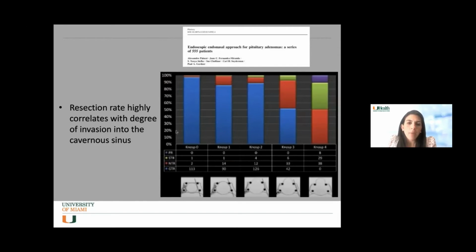Now, particularly Dr. Juan Fernandez, who's at Stanford now, he's done extensive work about the invasion into the medial wall of the cavernous sinus, the anatomy of the different ligaments within the cavernous sinus, and how to resect that. And as he is resecting more and more of the medial wall of the cavernous sinus, what they're figuring out is that the NOSP grading scale, and this is not published data yet, but he's mentioned this in several talks, is that the NOSP grading scale doesn't really hold up for,